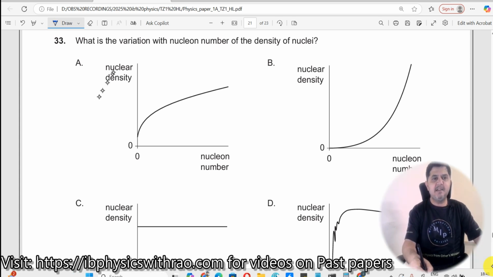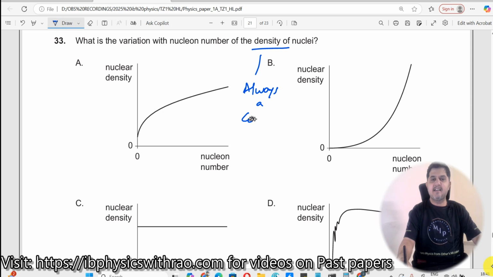Question number 33. What is the variation with nucleon number of the density of nuclei? Nuclear density is always a constant. It's always a constant. So as a result of it, you would have proved this in your classrooms also,